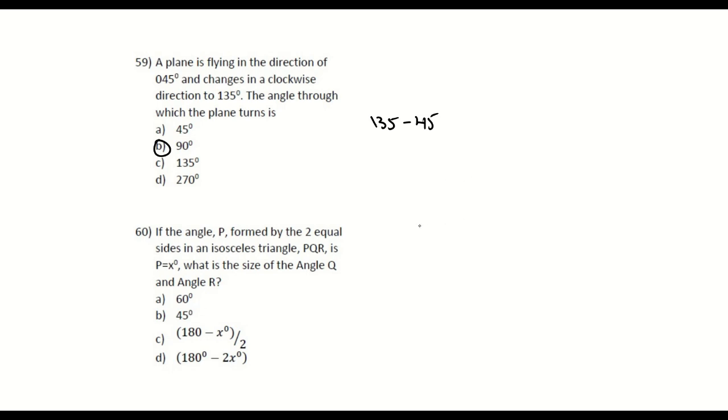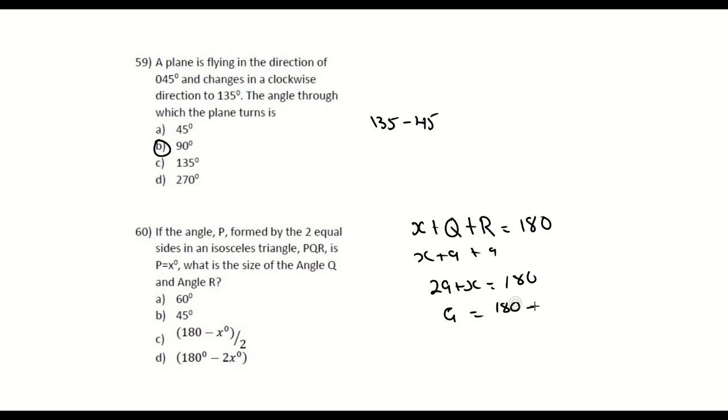So X plus Q plus R is equal to 180, and Q and R, let's call this A and A. X plus A plus A, so 2A plus X is equal to 180. So A would be 180 minus X divided by 2. So that would be C. And that is the end of